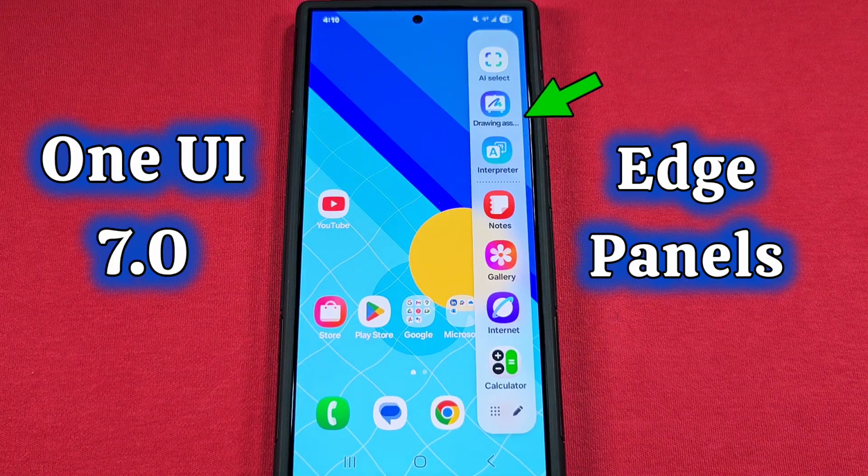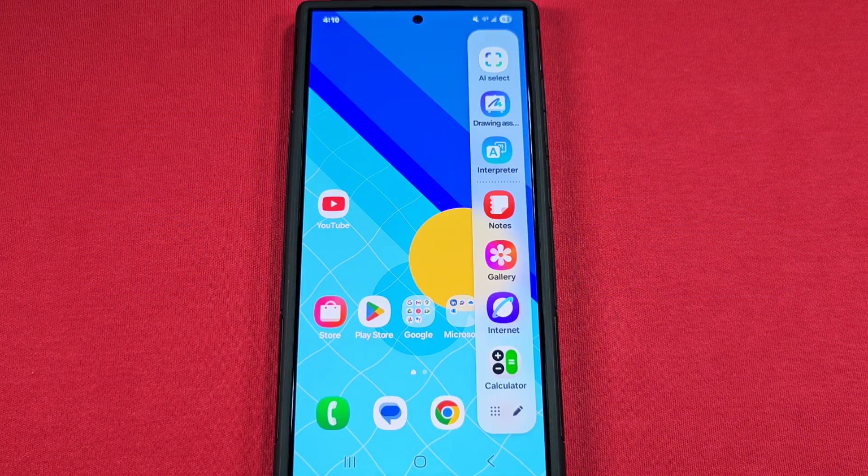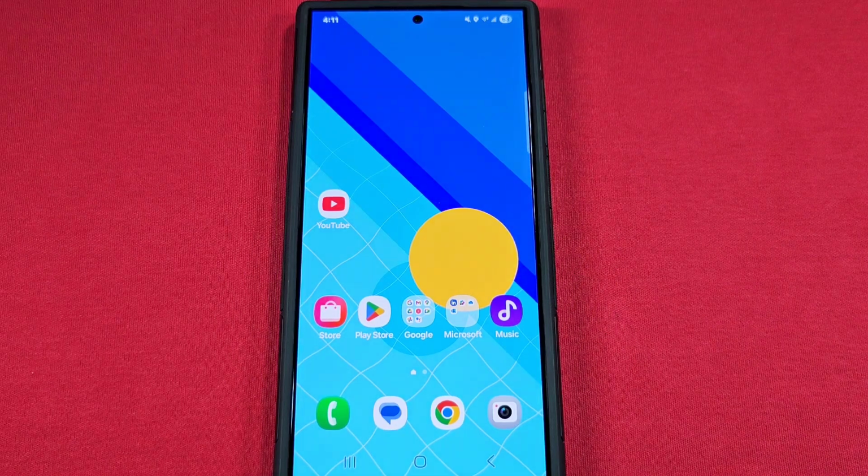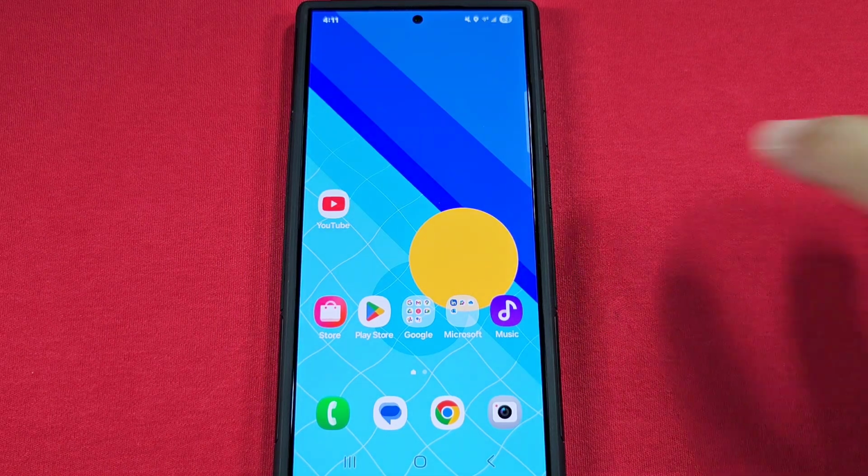How to enable the Edge Panels feature or turn it off. And of course, if you do decide that you like it and you want to make changes to it, this video tutorial is based on the Android 15 One UI 7.0 for Samsung phones. And let's get started. If you just finished setting up your Samsung phone, most likely you'll see this little notch